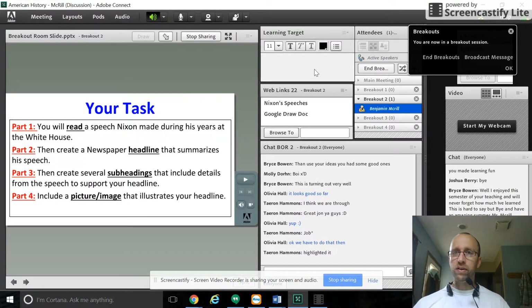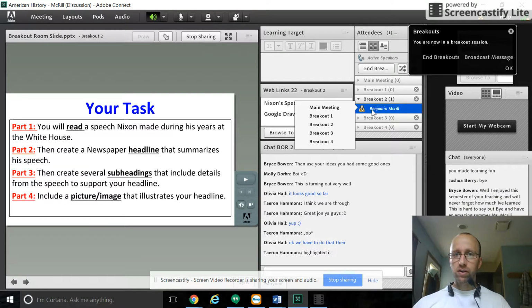So now we are in a breakout session. There's no students in the room. I'm just setting things up. And you can move your name down here to whatever breakout room you want to. You can go to breakout 1, 2, 3, 4, or to the main meeting room. Right now, I just have 4 rooms set up. You can always set up more rooms if you'd like